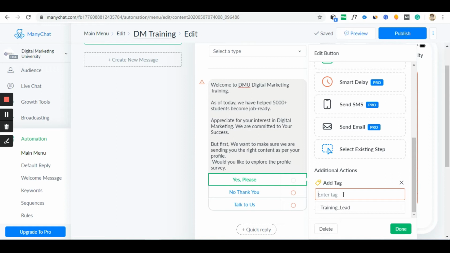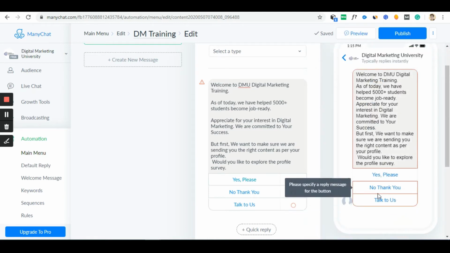So right now I'll just create a tag for all those people who have clicked on yes please. Now this tag will help me understand, okay, these are serious people. They wanted some serious personalized information. They wanted the right product or right course recommendation. That's why they have clicked on this yes please button. So at a later stage, I want to segment them and retarget them because they are the serious audience on my page. So add new tag, and this tag is added, yes please. So tag created and tag is added.